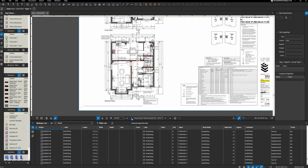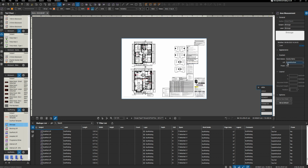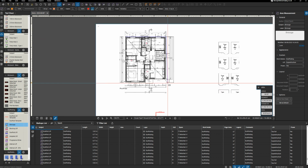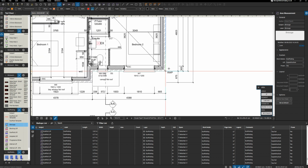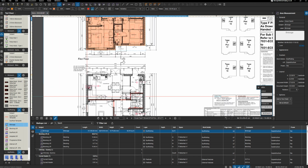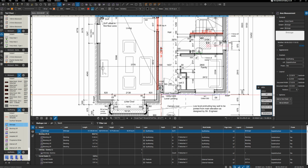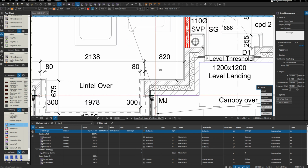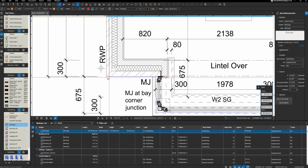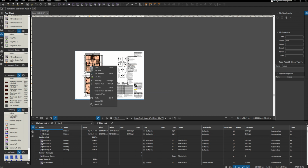Oh, we need some bird cages. So let's jump back across to our floor plans. Bird cage. Select that. Oh, that's on the wrong item. Should be on scaffolding. One bird cage to the first floor. Bird cage to the ground floor. So that's done. We just need to select both of those now, because what we're going to do is,